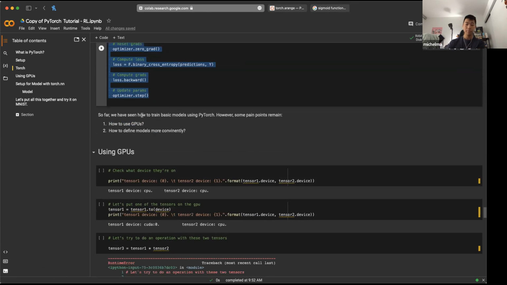Okay, so we've kind of covered everything that is to cover in the basics of PyTorch. So far, we have seen how to train basic models using PyTorch. However, there are some other things that we want to cover as well to make it even more convenient. First of all, how to use GPUs, which I promised that I would cover. And the second thing is